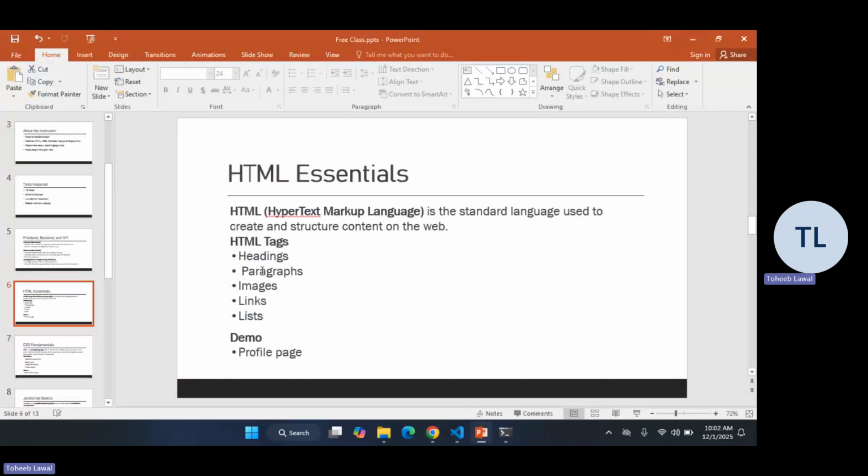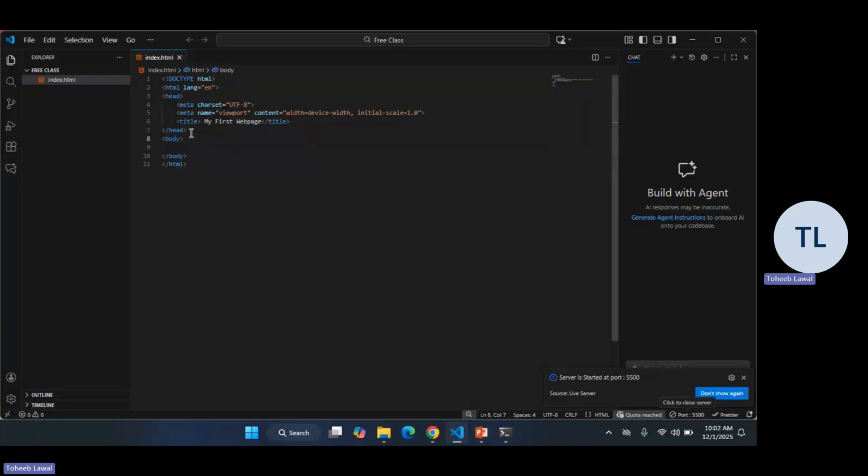So I'm able to show basic HTML tags. We have the heading, the paragraph, the image, the link, and the list. Let's go through each of them one after the other. The first one, H1, is the heading. So we write, welcome to